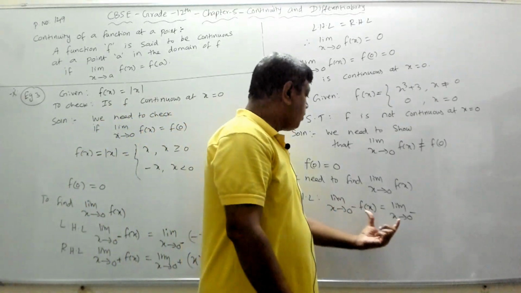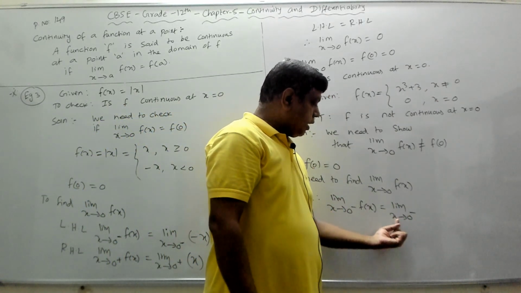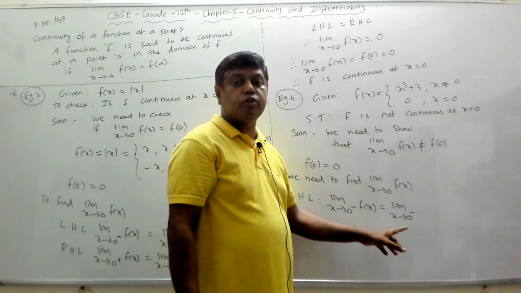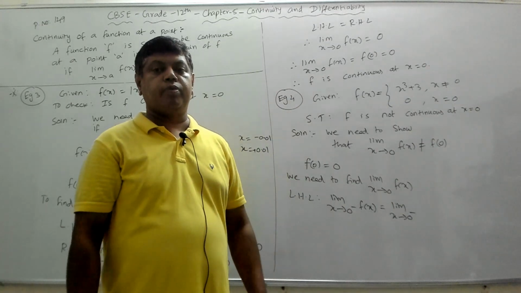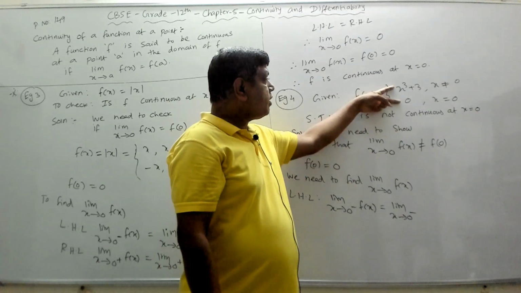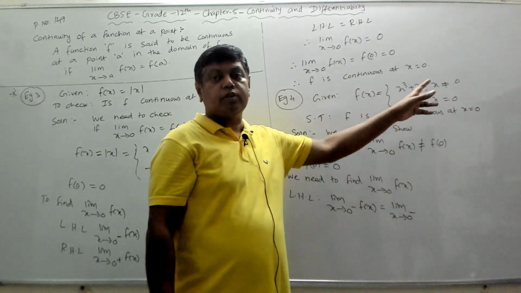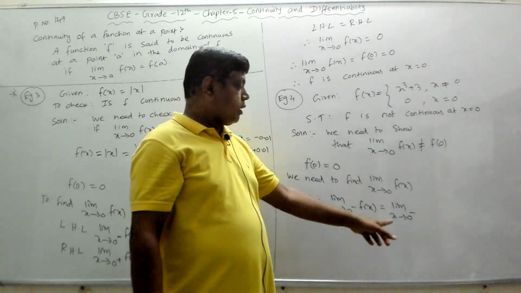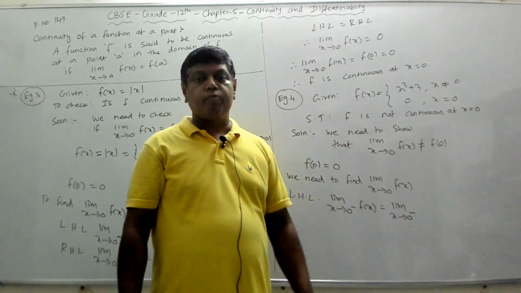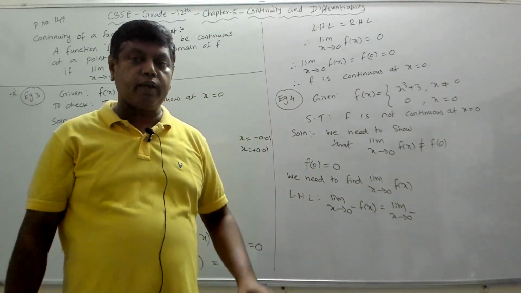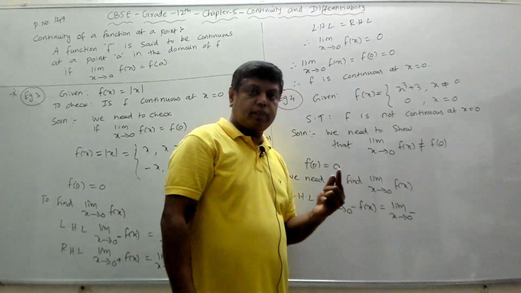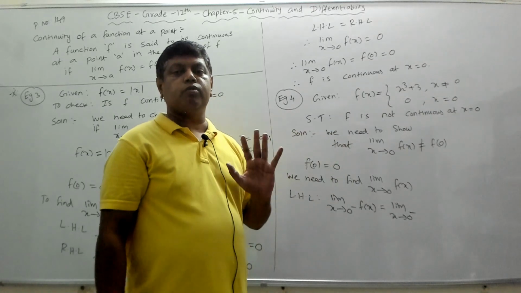Now for that, x is approaching 0 and on top we have put minus in the left hand limit, which means x is approaching 0 through values less than 0. So we should pick one x, because the definition of f of x is based on the value of x. What is the meaning of minus? Minus means x tends to 0 through values less than 0. Then we can take one x which is very close to 0 but less than 0.